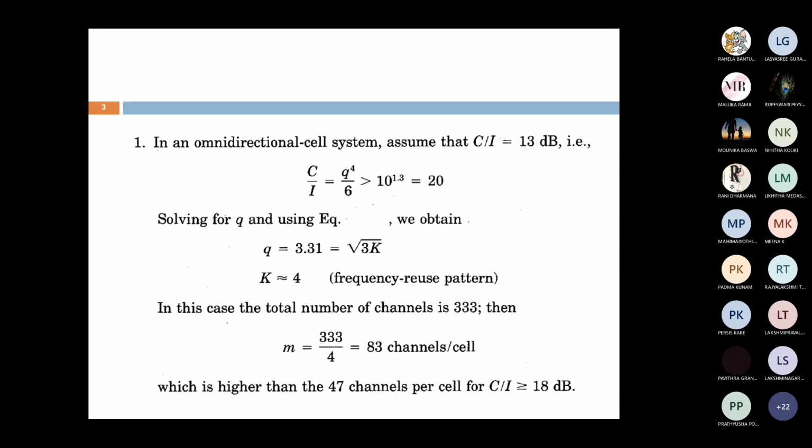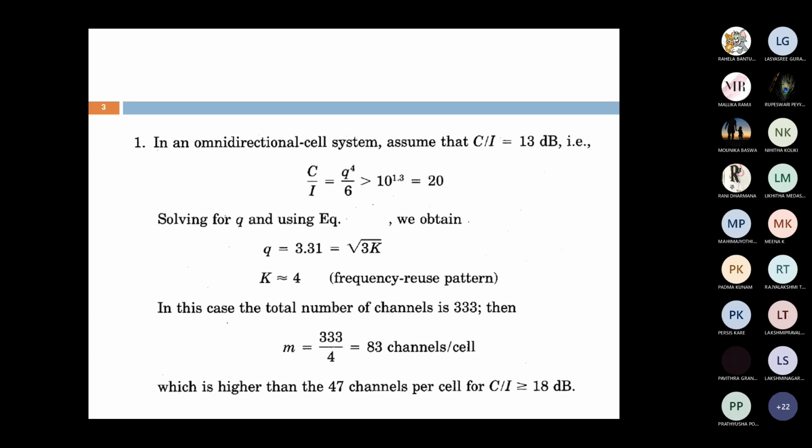The type of antenna used is the omnidirectional antenna system. You know that with an omnidirectional antenna system, from the central cell we automatically get 6 co-channels, which is why all distances are equal. Now, how do we calculate the C by I ratio? They have given the C by I ratio as 30 dB. To convert from dB to normal form, it is 10 power 3.